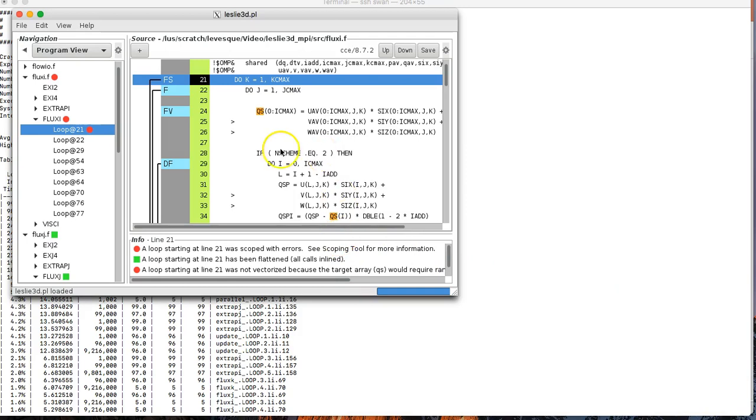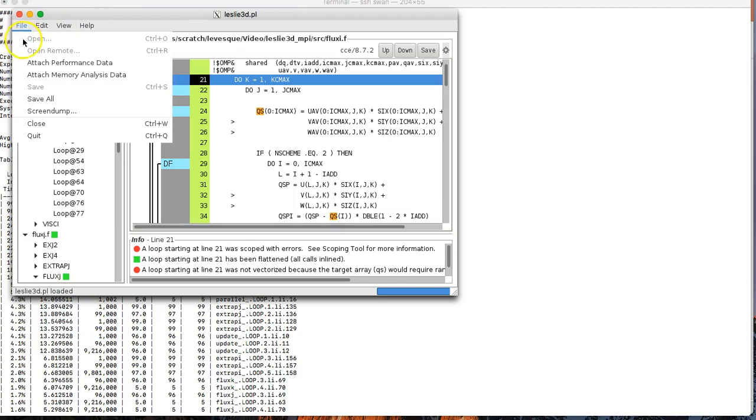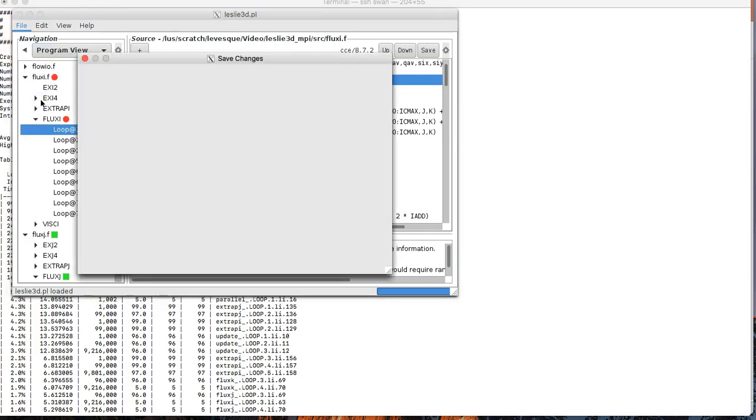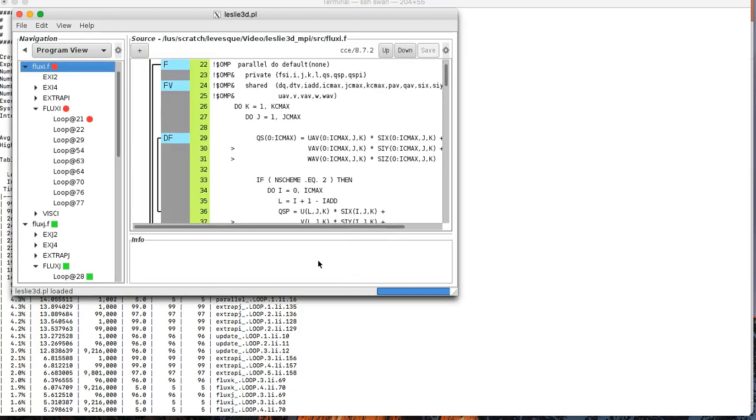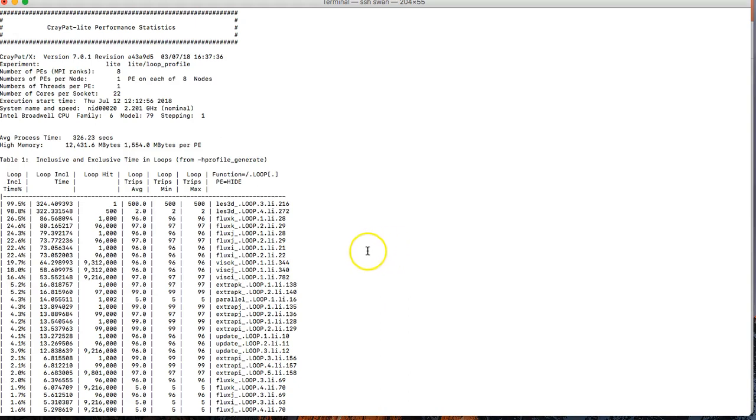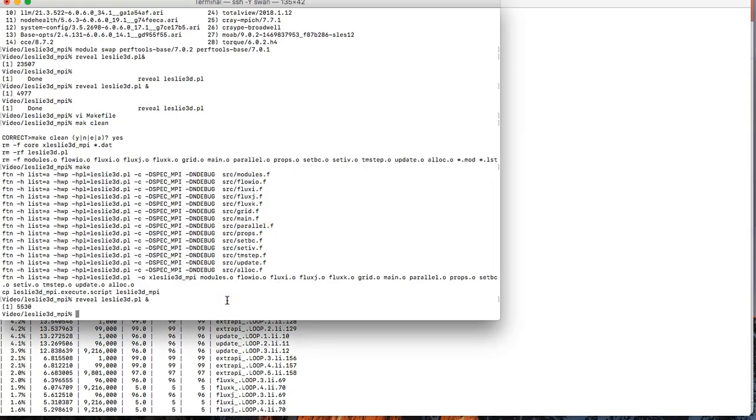So now what we're going to do is save all. So all of the files that were modified are flux I, flux J, and flux K. Okay. All right, now, let's now get out. Okay, now what we want to do now is we want to load